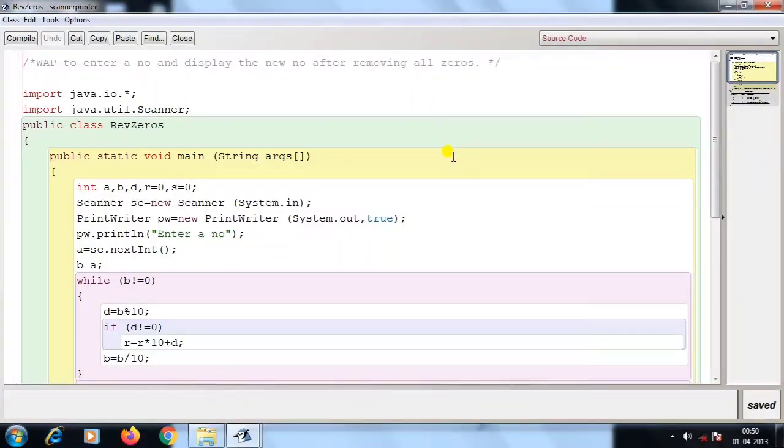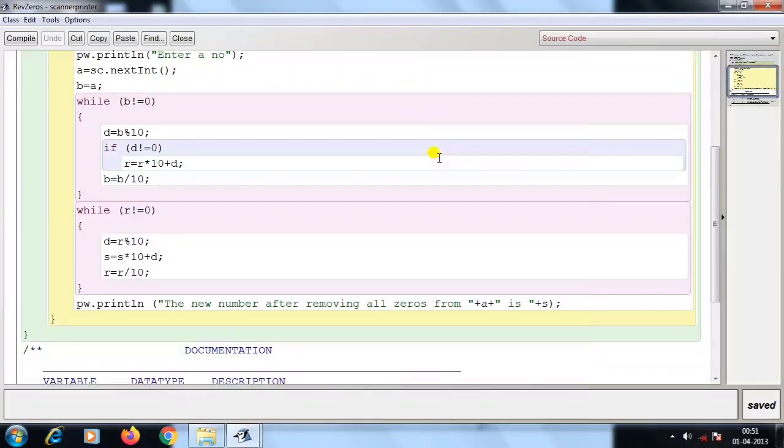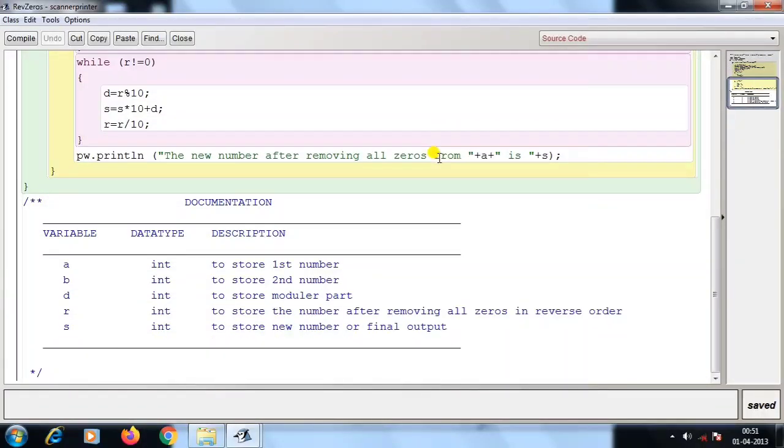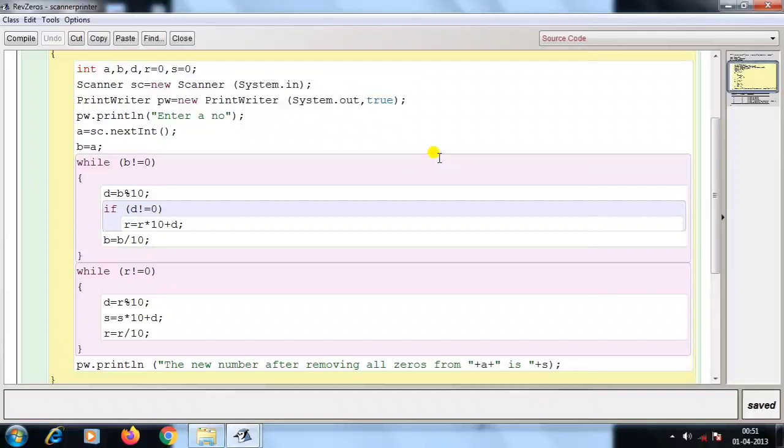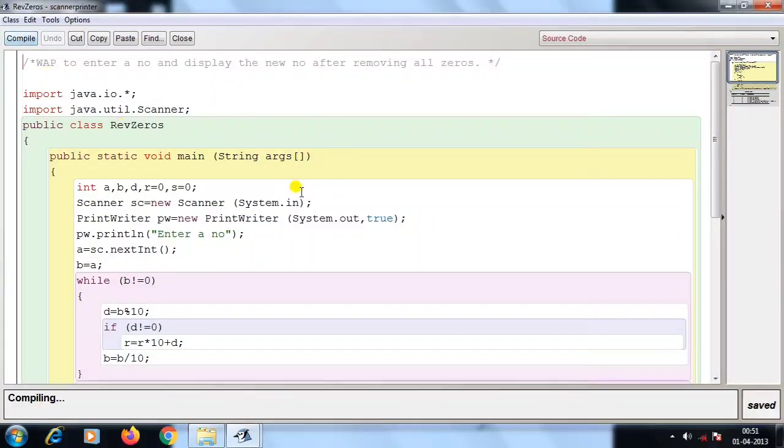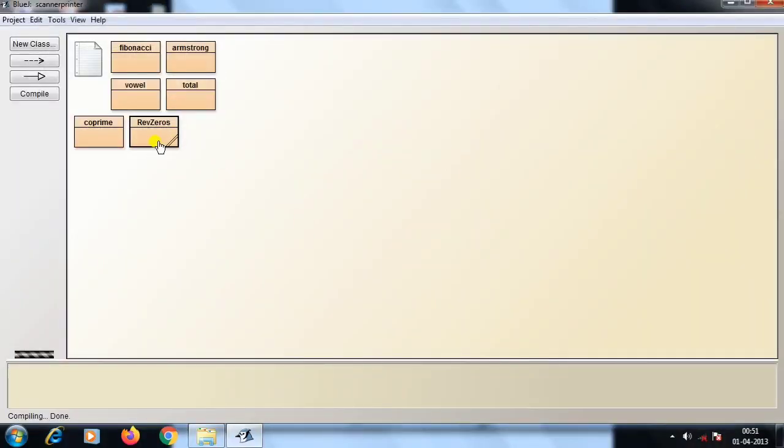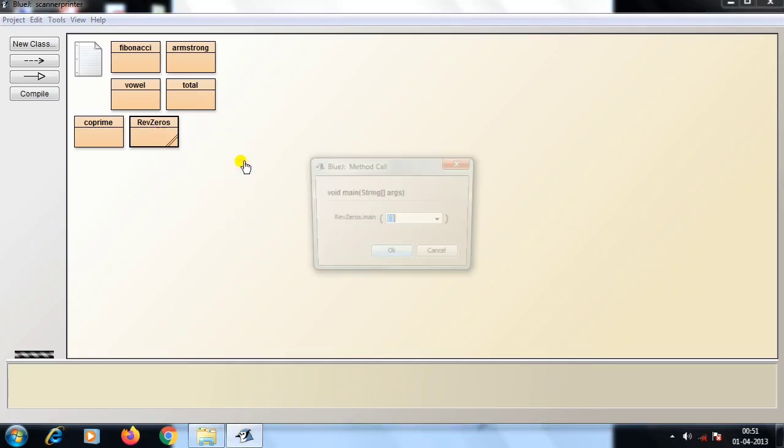This is your program. You are able to see. Okay, we will compile it. When we are compiling, it is showing class compiled, no syntax error. Okay, we will run it. Right click on that class, then click on void main.